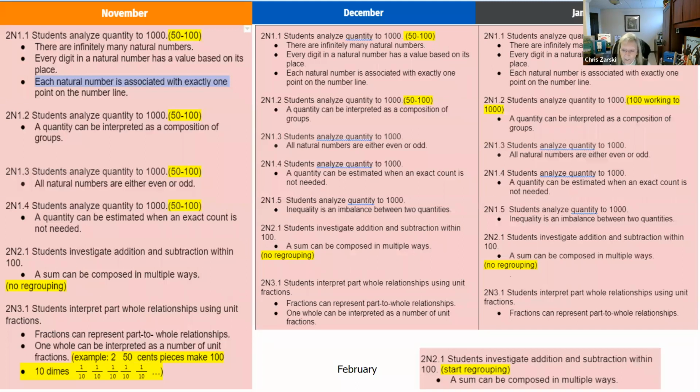So I want to revisit where we're at. We're finishing November, so where are we transitioning to for December, January? And there's nothing different in February other than we start 2.1. We start regrouping. So we said hold off on regrouping until we come back after Christmas, we get some foundational pieces revisited, and then we can start working on regrouping. And again, if you haven't done a lot of money, it gives me an opportunity to do that because I want students to have a context about why do I regroup to begin with? What is the purpose behind it?